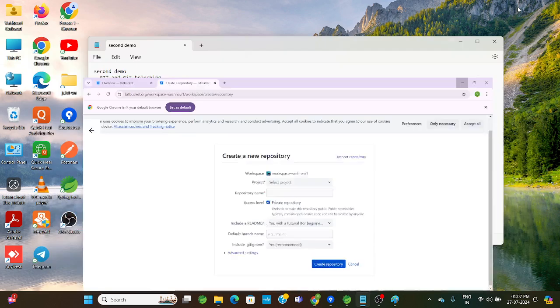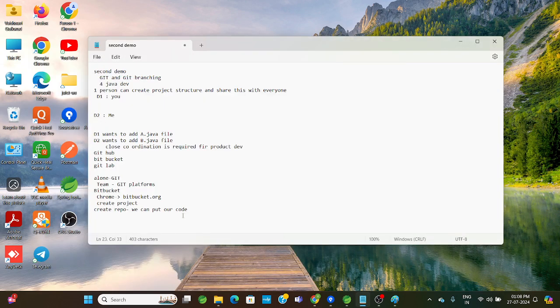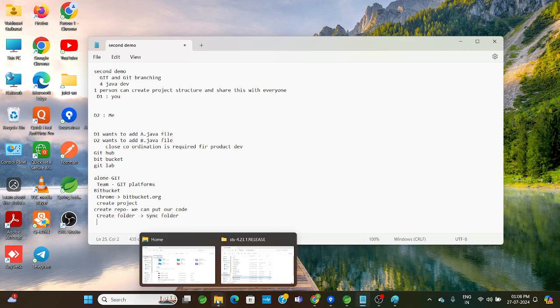For that purpose, you have to create an empty folder, which we can call the sync folder, and in this sync folder you have to put your project. So how to create the sync folder? You can go in your